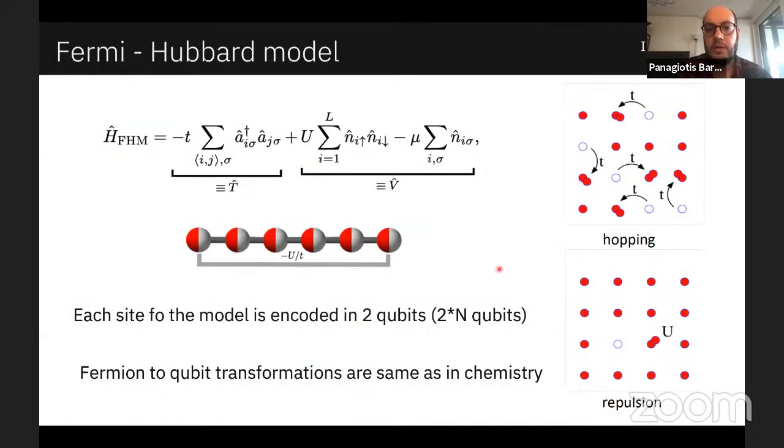For this case, we're going to use the Hamiltonian for the definition of the iconic Fermi-Hubbard model, which was used for the study of strongly correlated materials. The Hubbard model describes interacting spin-half fermions on a lattice where each site can be occupied with up to 2 particles of opposite spins. This means that in order to encode a Hubbard model, we need 2 qubits for every site, one corresponding to the site up and one corresponding to the site down. After defining this, you need to do again the same transformations as the ones that you applied for the chemistry in order to express the operators in the qubit statistics.